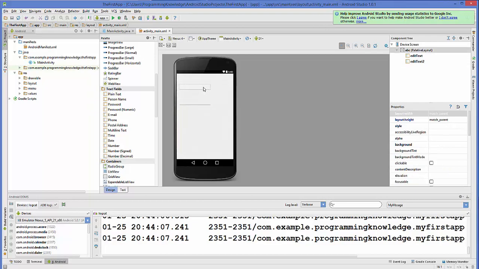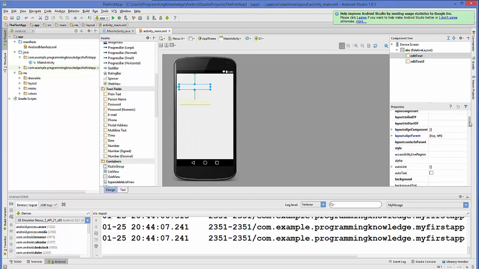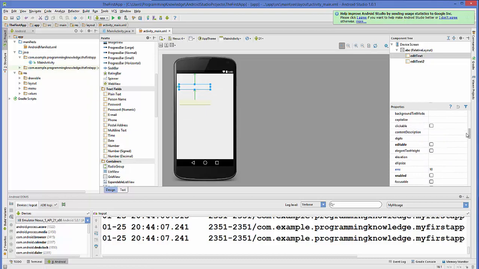Now, to show this number text or edit text a little bit more, we can provide a hint to this text box. So you just select this edit text and go to the property called hint. There is a property called hint, and here we can provide the hint to the user about what he is expected to enter here. So for example, I will say